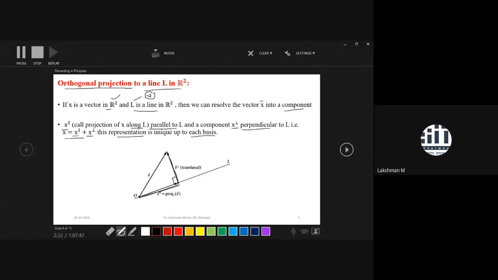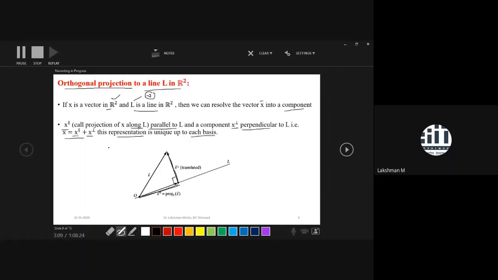Why? Because here we have taken the standard basis, and in the standard basis every basis element is perpendicular to the other basis element. So that's why here we observe orthogonality. This orthogonality is implied from the orthogonality of the standard basis. If the basis elements happen to be not orthogonal, then we can't talk about orthogonality between these two components. So orthogonality here comes due to orthogonality of the basis